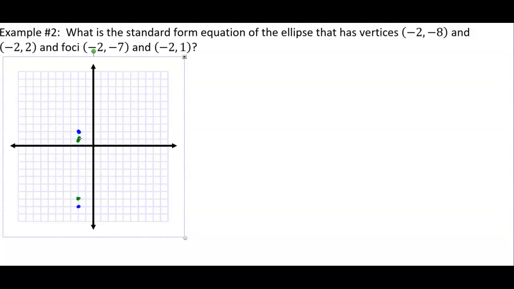Okay, now I know then because of the foci and the vertices that it's that elongated shape. It's like this, the egg shape, the ellipse. And I know some other things by drawing this. I know the distance between here and here. So that's a distance of 10. You could just count that out, or you could subtract that out and find the difference. But that difference is 10.